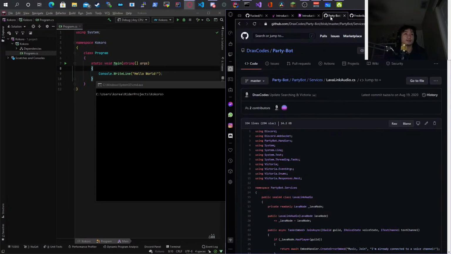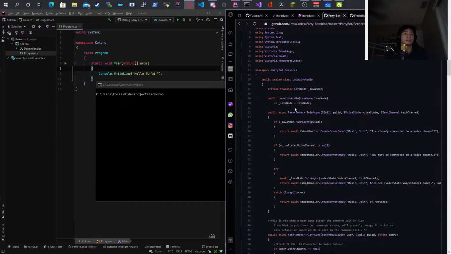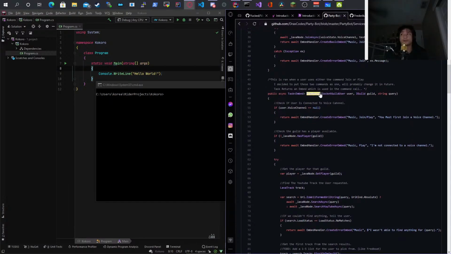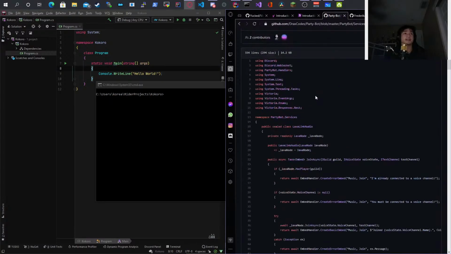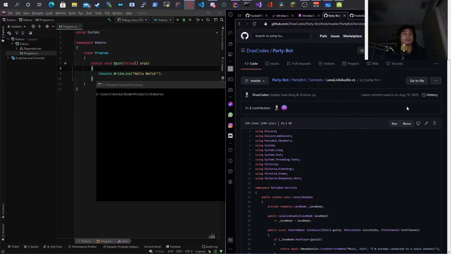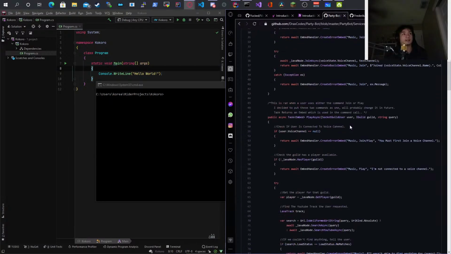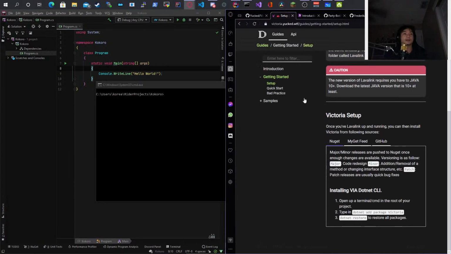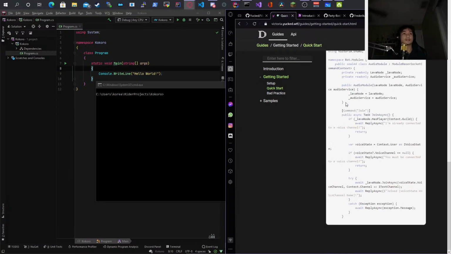I'm probably going to be using a lot of Drax's code, just a little bit here and there, because I have not done this in a long time. So I'm going to probably be going off of what he has right now. This is his older code. I think he updated it, but I remember this being like 3 years old. I'm also going to be referencing Victoria's docs as well, because that's good. And they actually do have some nice stuff here, like a quick start and everything.